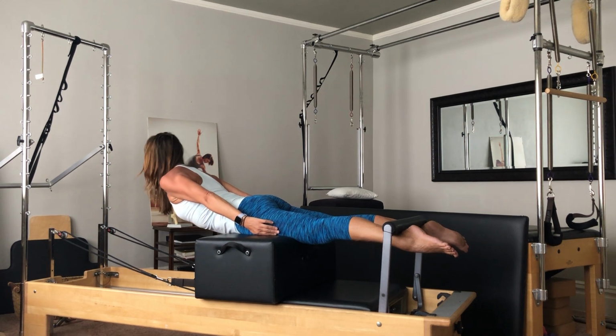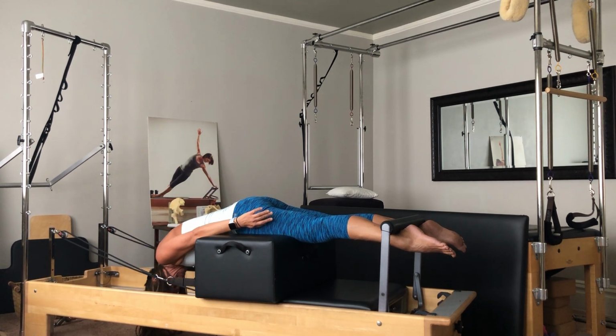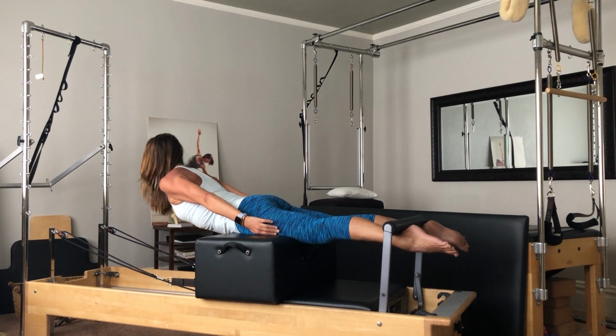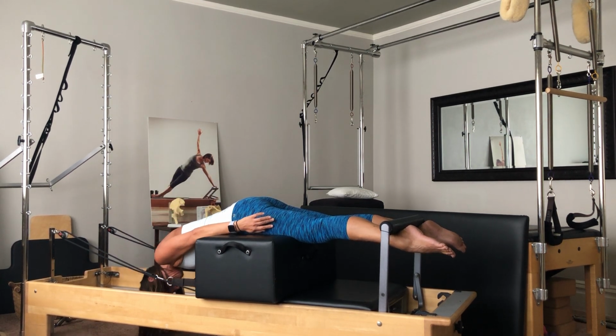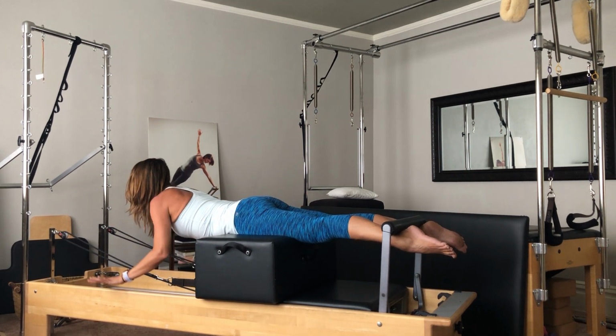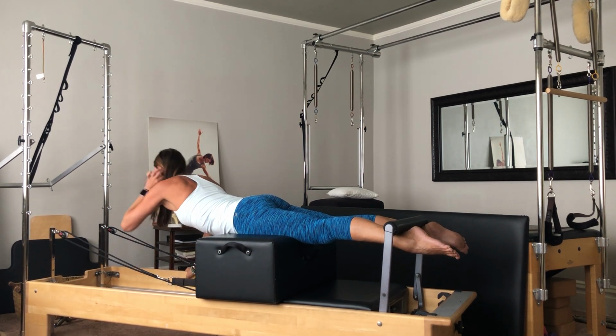So I'm going to do 2 more. Dive down, and lift, and come up. And last one, dive down and lift and come up. So I'm going to take my hands here to support myself so I can explain the next position we're going